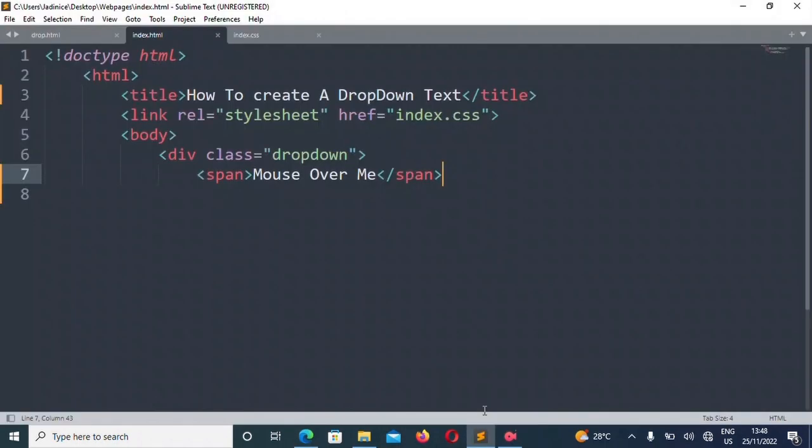There, mouse over me. And div class drop-down content. Hello world.